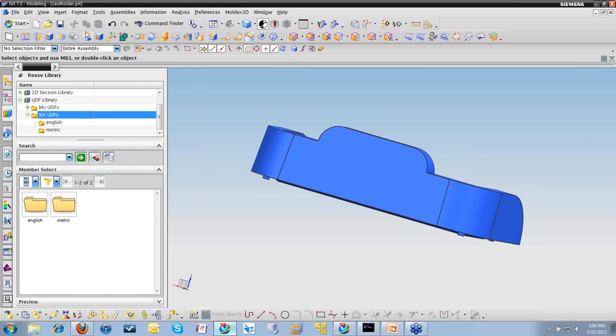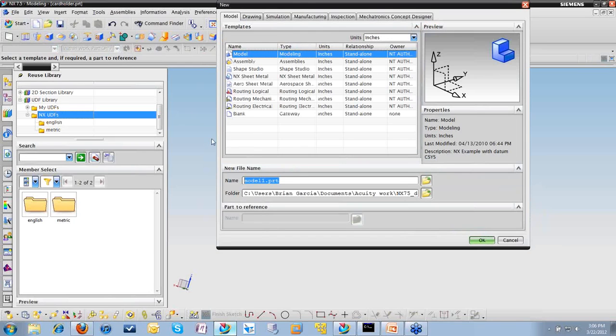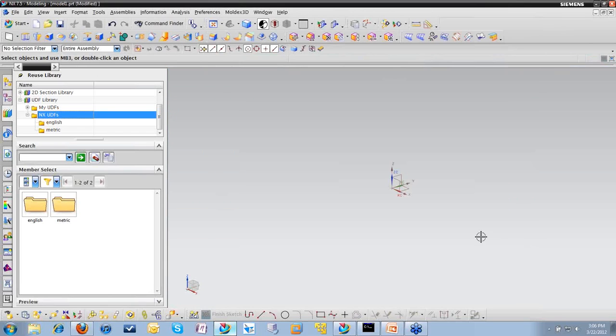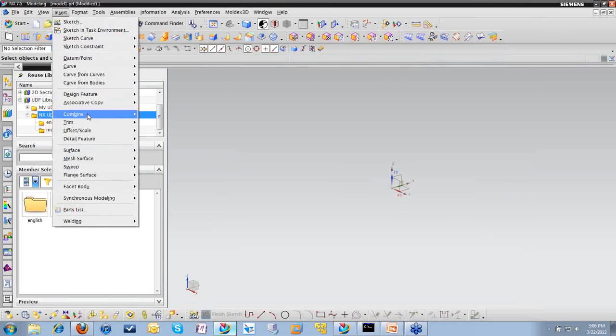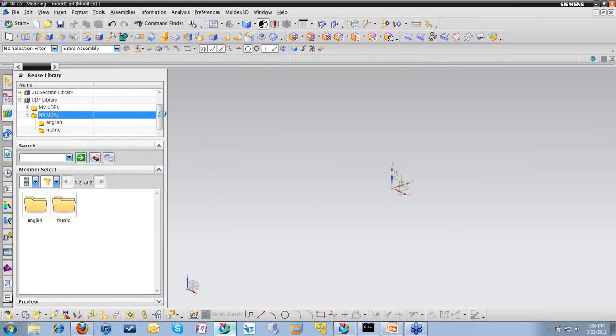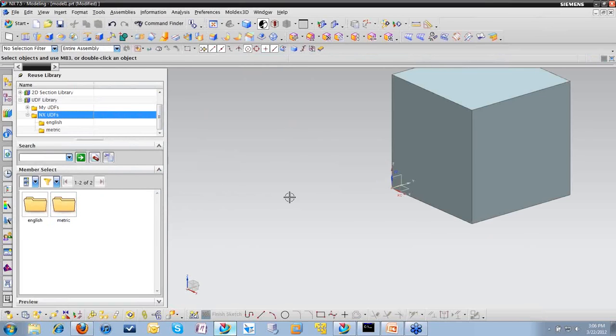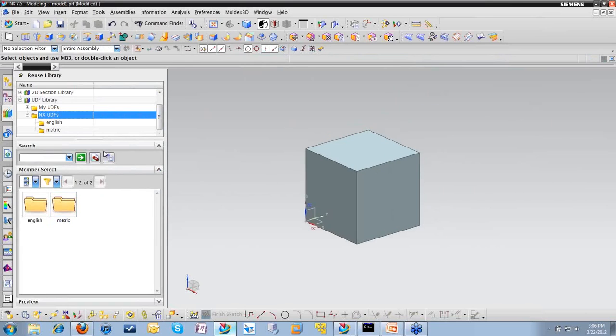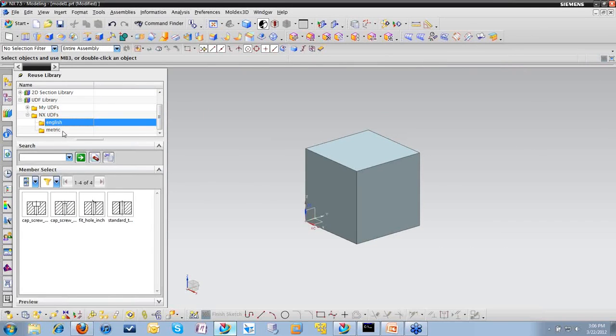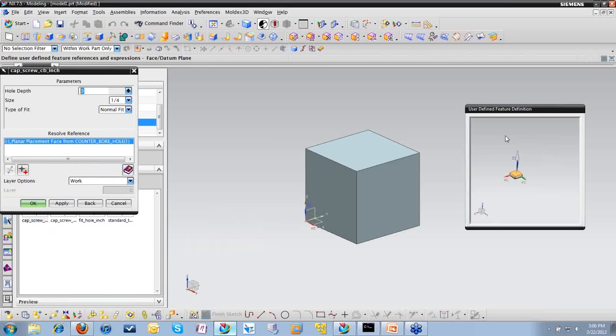Before I work on this, let me demonstrate a couple of these out-of-the-box UDFs so you can see what that looks like. I'm just going to click New. We'll work in English units here. I'm just going to drop a cube out here. Let's see, block. Click OK. The way these work is, I'm going to click in my English folder here, and I've got these 4 out-of-the-box UDFs. All I do is drag out here in space, and then the